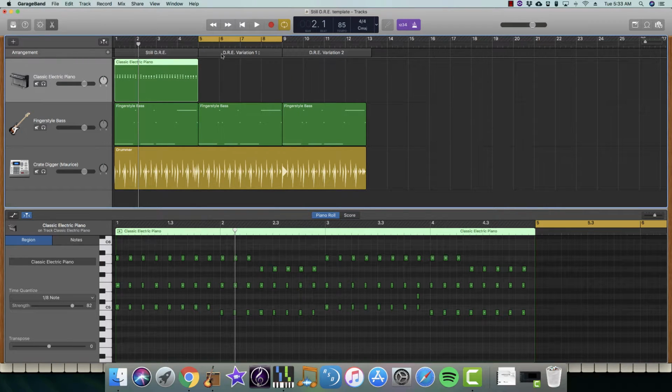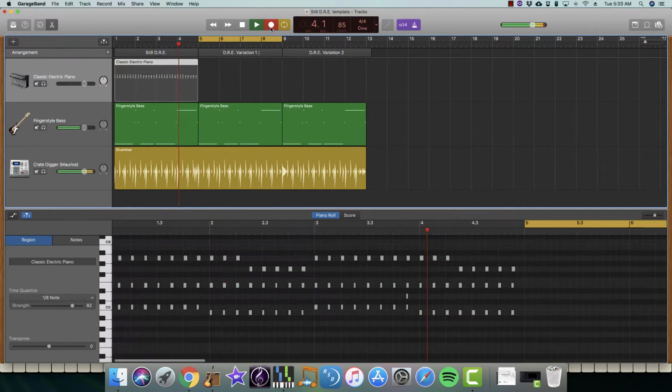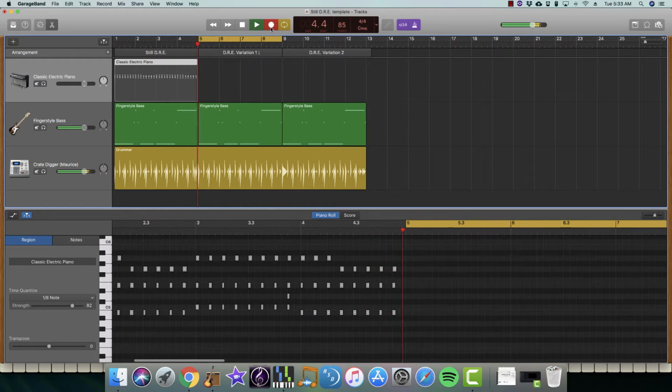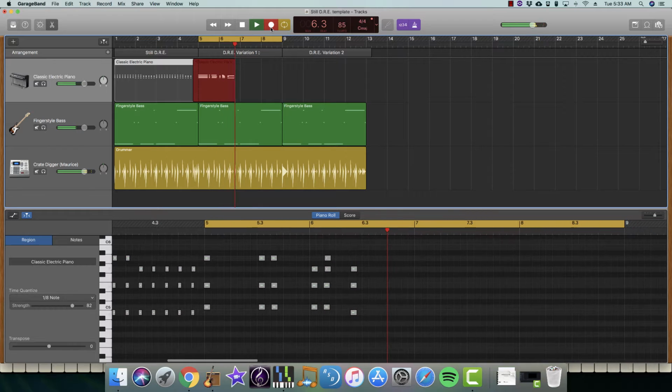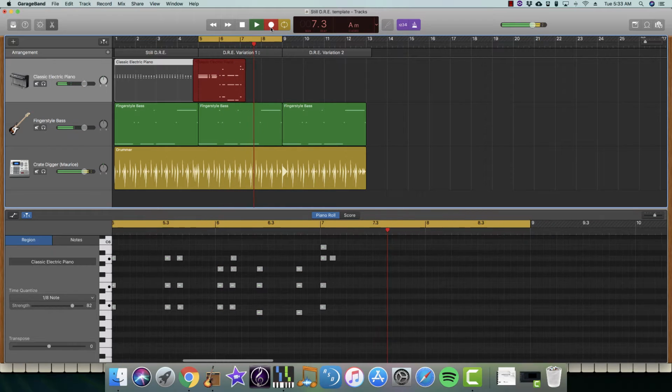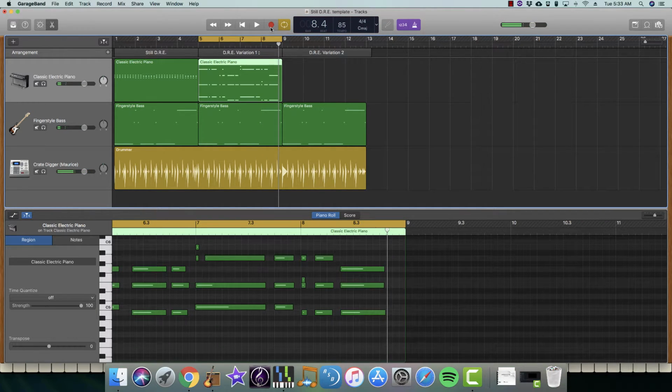Okay, so for variation number 1, what I want you to do is just take those 2 chords and figure out another way to transition. And you can also change the rhythm. So the original is all 8th notes, but if you wanted to do something like this. So a rhythmic variation,